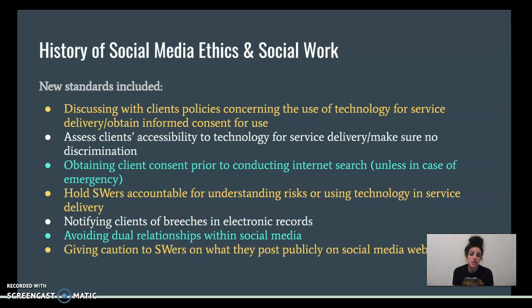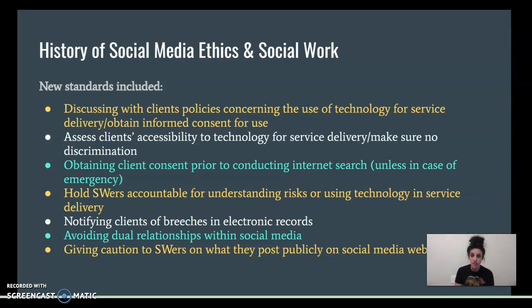We have a responsibility to notify clients if there's a breach in electronic records. So if we would get hacked, or if we accidentally sent their information to somebody who wasn't authorized, we are legally obligated to let them know. That aligns with HIPAA, all those different fun protections of information, which are very valid. But we do have a responsibility to let a client know if we ourselves have accidentally breached confidentiality or if we've been hacked.